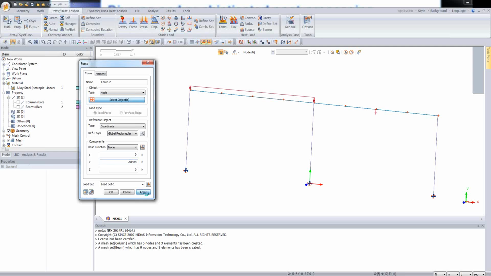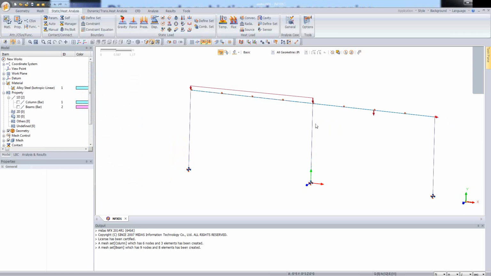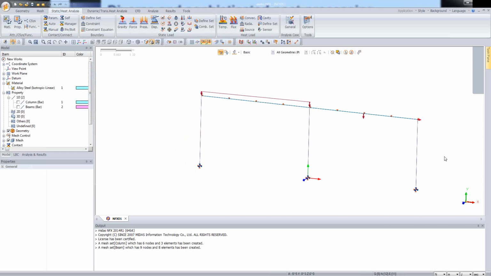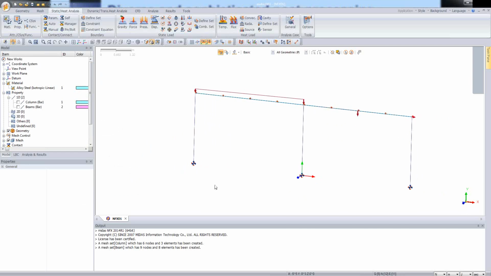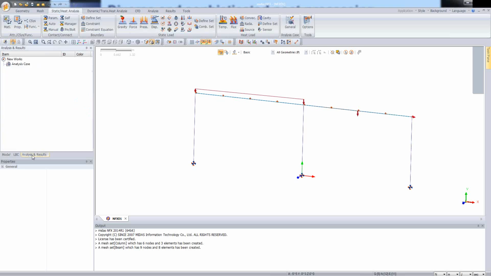Let's click on the preview, apply, and let's add additional force, for example 5,000 along the x direction for that node. And let's click OK. So at this moment, the model has been constrained and subjected to the load. Okay, so all of these steps, as you remember, material definition, loads and boundary conditions, property, have been done. And right now I'm clicking on the analysis and results, and we have to prepare the analysis